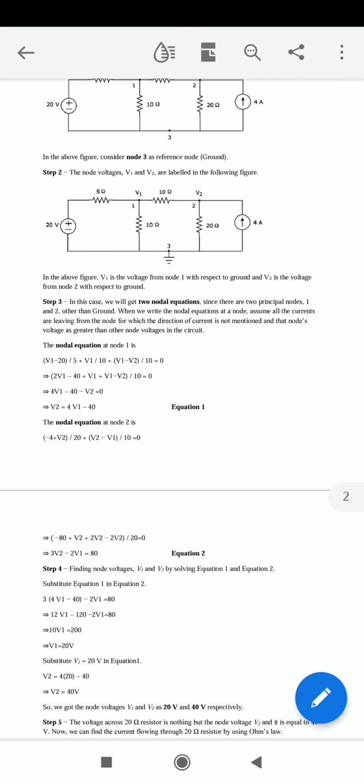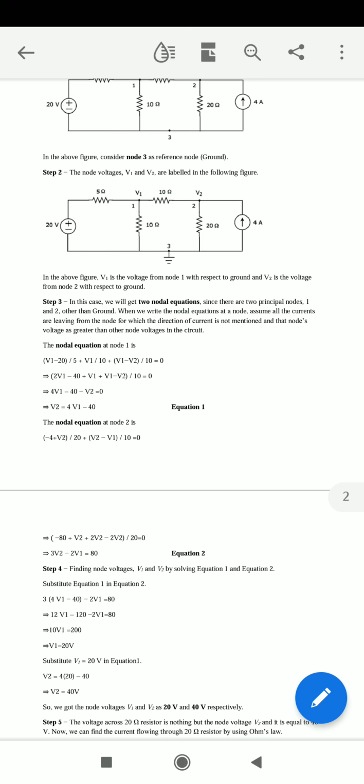The nodal equation, in matrix formation, uses conductance. Since I equals V by R, the equation is V by R equal to I. So the matrix formation is G into V equal to I, where G is the reciprocal of resistance, 1 by R. Likewise, V by R equal to I, and we equate the sum to 0.